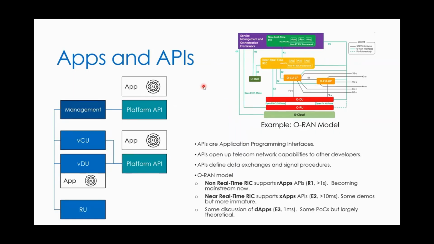And to do that, you're seeing more discussion about apps and APIs. So the topic of network APIs is very big at the moment, and the idea of apps sitting on top. So that intent layer is kind of using this apps and APIs model. So the idea is that we have sort of a management layer, and I have some API platform, and that intent layer is a set of apps that sits on top of that and uses that interface to talk to the network.